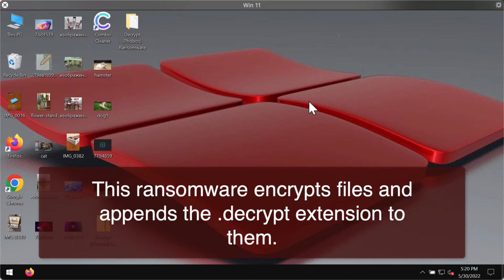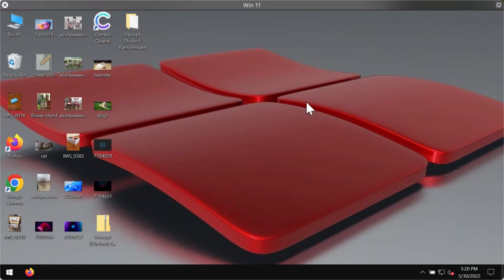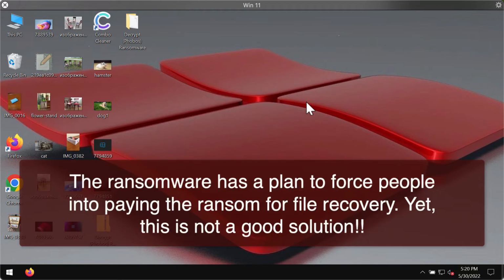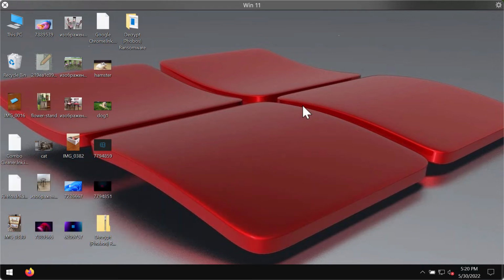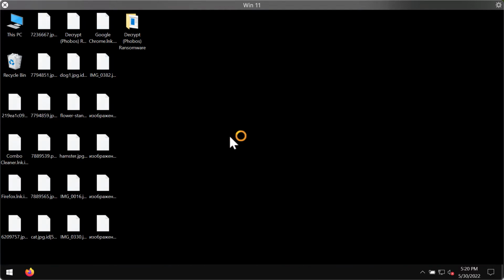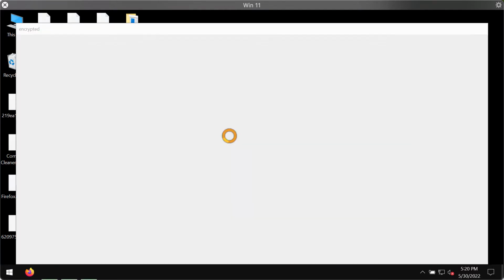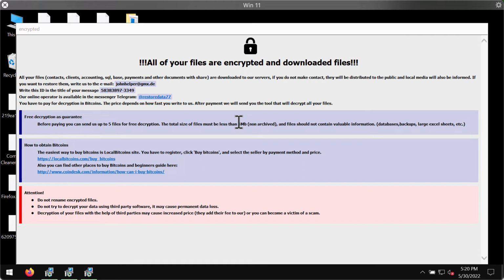Regretfully, because of some existing vulnerabilities in the security of a specific computer, this Decrypt ransomware may be easily injected into the system. We discovered this ransomware while researching malware samples that were submitted to the VirusTotal database. This ransomware encrypts files, modifies their file names, and generates two ransom notes,